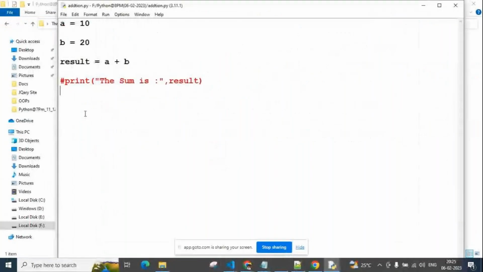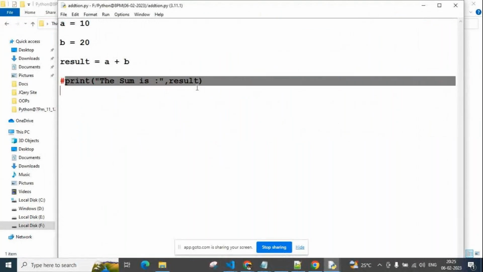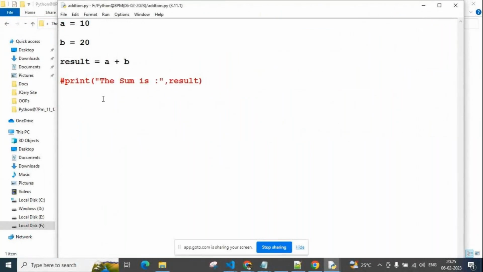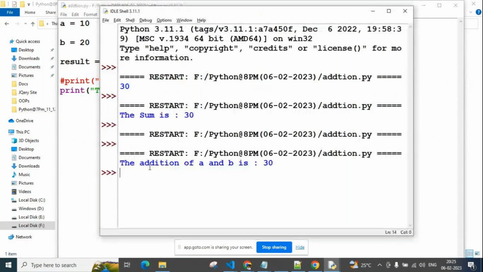Okay. Next, this result I want to print differently. So: the addition of A and B is so-and-so result, guys. See, guys, here the addition of A and B is 30.